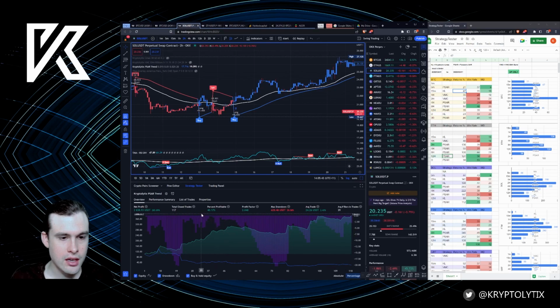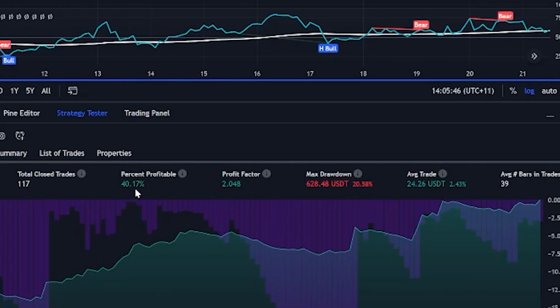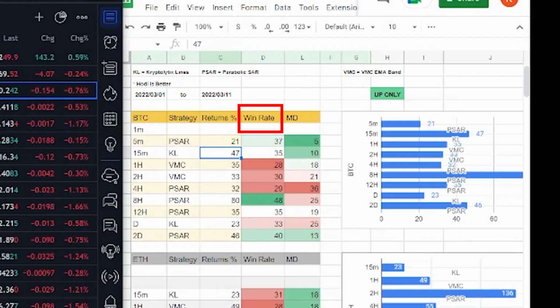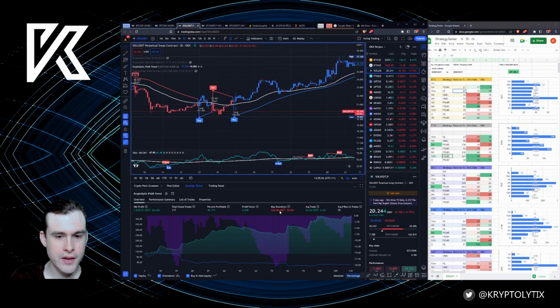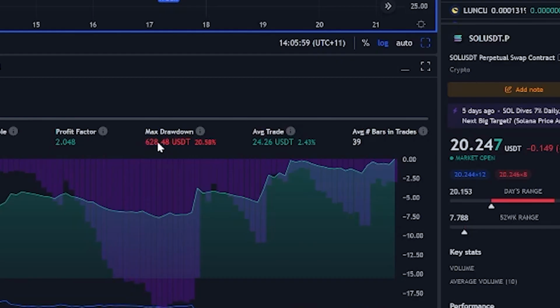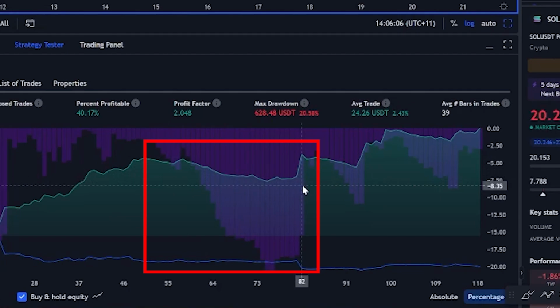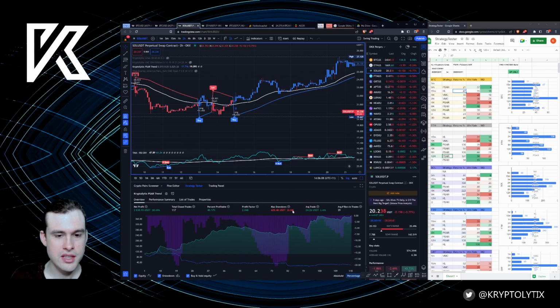The next thing here we have is the percent profitable. So I call this the win rate percentage, and that's on the spreadsheet here, which I'll go over in a second. And then the other factor that's worth mentioning is the maximum drawdown. So that's showing during these times where you get these losses, how much does it take away? And you want to really minimize this, the main reason being that if you're getting into a strategy later on, which we're literally getting in, we're not getting in a year ago, we're getting in now.